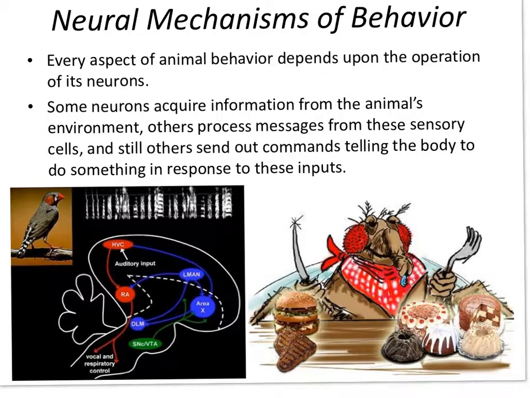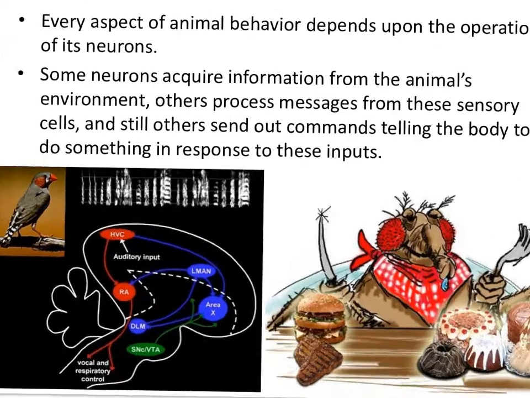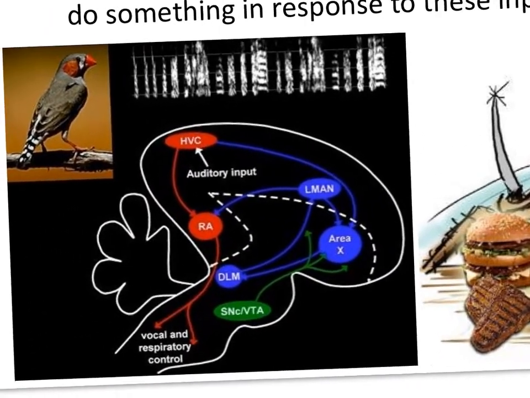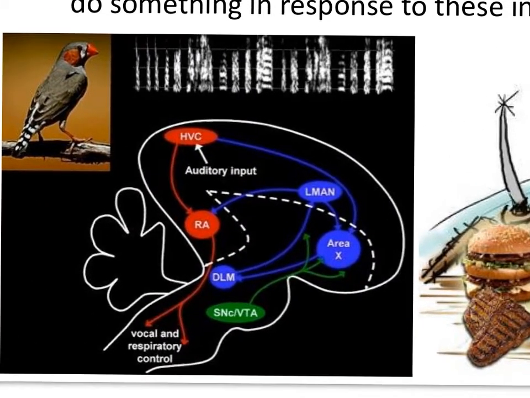Now, this is something we've been exposed to before. This is the bird brain for the zebra finch. And all songbirds basically have this same design. In fact, even birds that aren't related to each other, like hummingbirds, they follow the same design, but they're slightly different structures, kind of convergent structures.